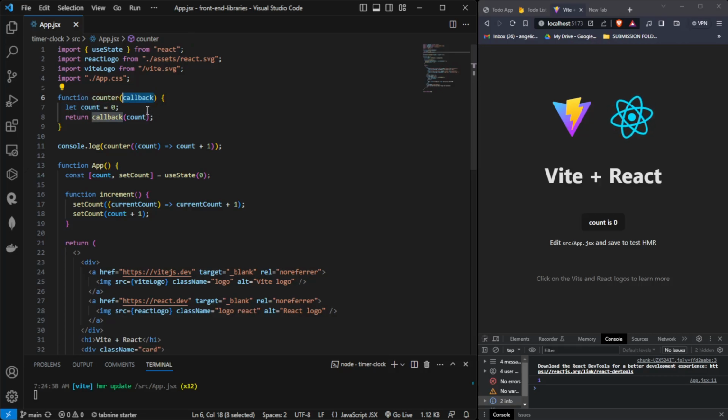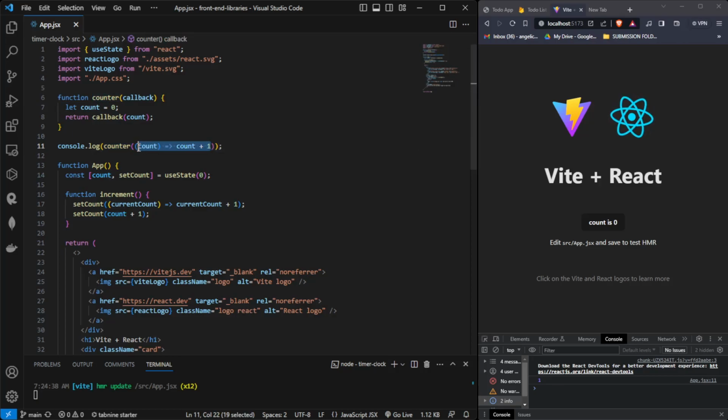And then we will have, let's say, we can consider this as the internal state of the virtual DOM, which is up here, which will then be available in this callback, and it is what we are going to return down here. And we will just pass it a parameter of the count value, which is, for example, let's just say the value of the state. And now when we call that counter,